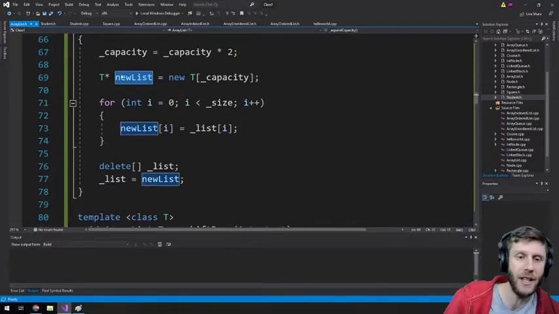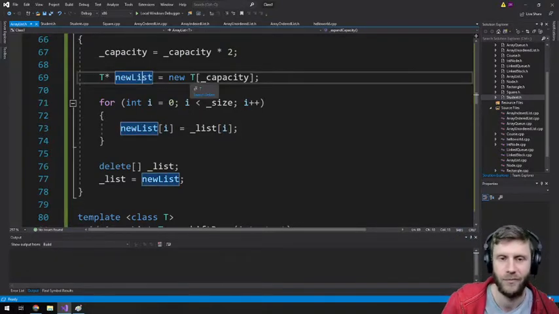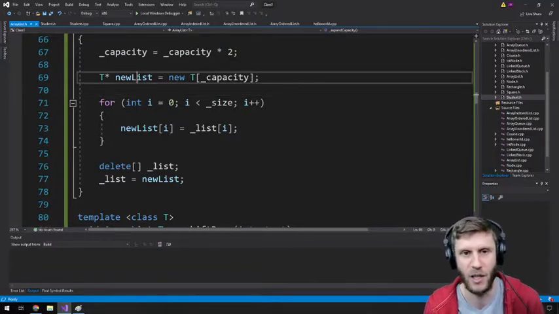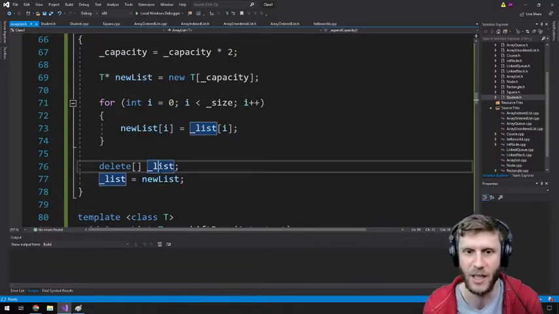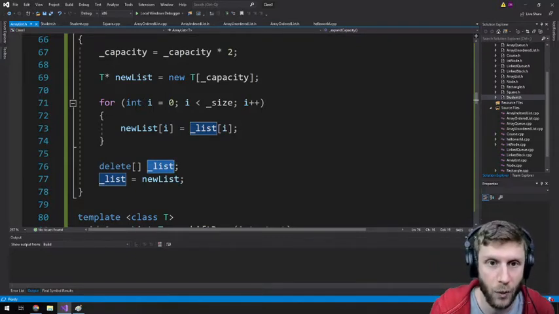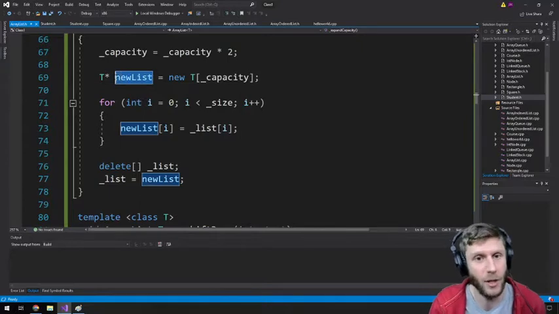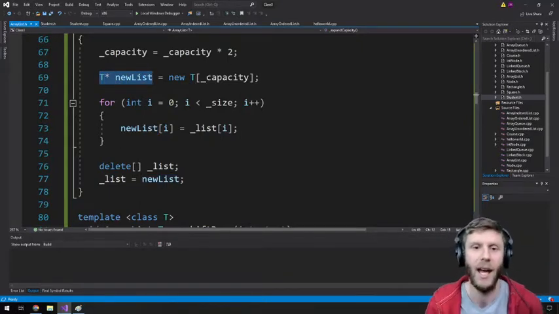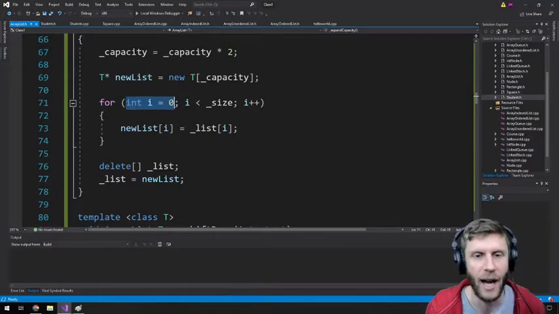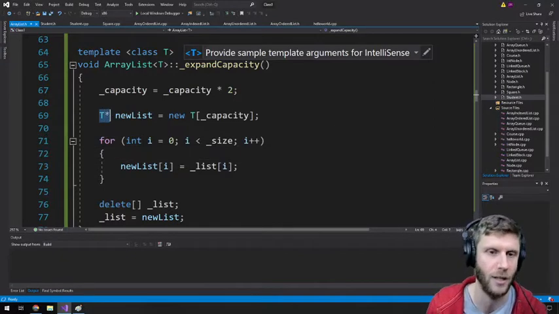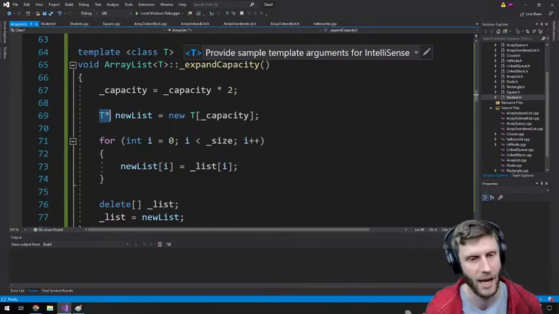But if the thing being pointed to was an object that we just didn't need after the end of this function, we would delete it. Now, in this particular case, it's kind of funny because we don't delete the thing that newList points to. We delete the thing that list originally pointed to. But long story short, the pointer variable gets deallocated easily. The thing that it points to does not. So we have to be careful about that. And this little local variable here, the integer i, will get deallocated for us. But the same rules that we have always been following about pointers and things in dynamic memory still apply here.